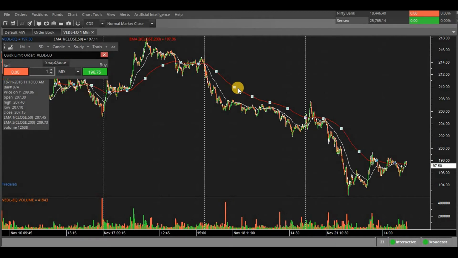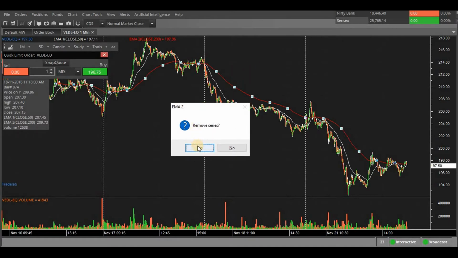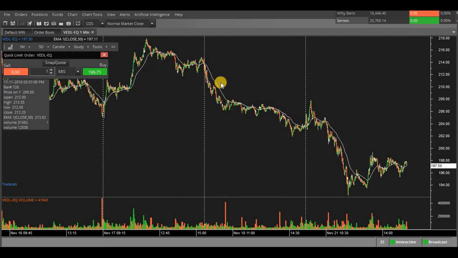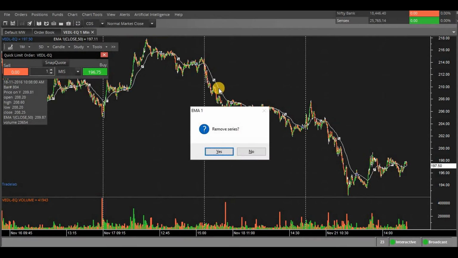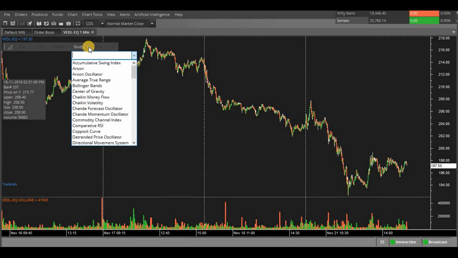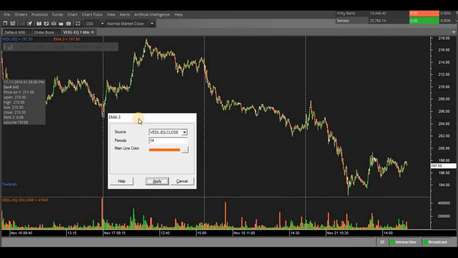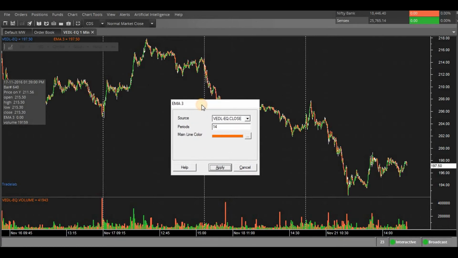I have first only applied the moving averages, but for your information I will tell you how to use them and apply them on the charts. You have to go in study and choose exponential moving averages. There is a simple moving average and there is an exponential moving average. In the exponential moving average, the latest data on the chart is given more importance, so it is a weighted moving average. It reacts much faster to the price action.